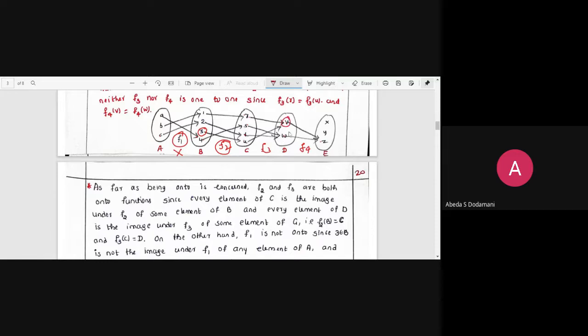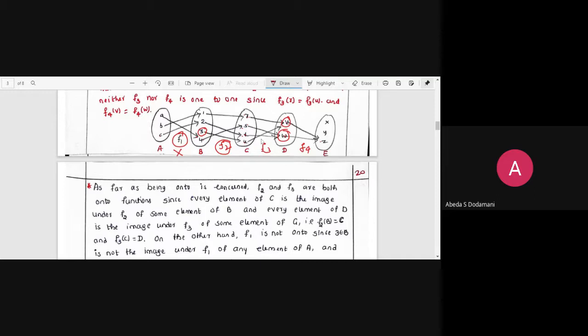V and W, are they mapped or not? So therefore, I guess it's not a relation because W has two images. No, I'm asking about onto. I'm not asking about inverse. Don't confuse. I'm asking about onto function. It's a function. R to V, S to W, T to W, U to V. So is it not a function?